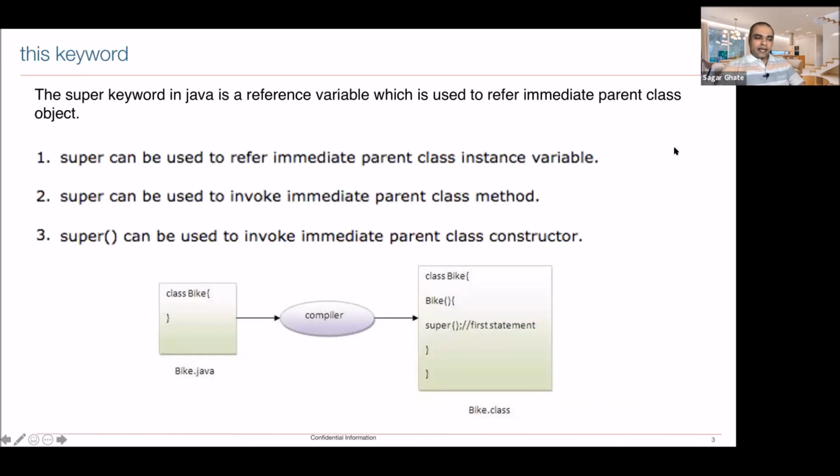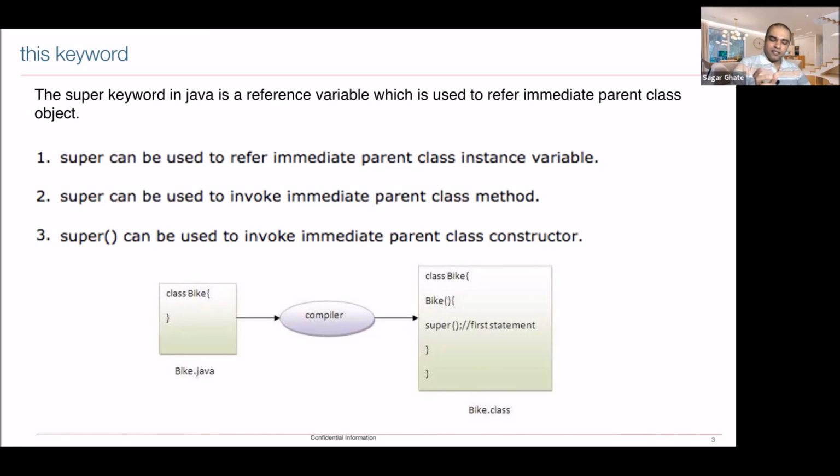So like this, super is also a keyword. And this keyword is also used in reference to a reference variable, which refers to the immediate parent class object. So this also refers to an object and super also refers to an object, and both are reference variables.